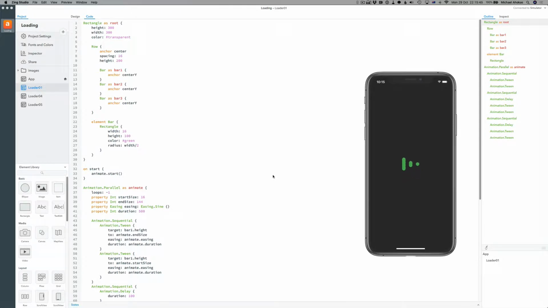So in the first video in this sequence on animating in Zing, I created this loading animation here with 3 bars that animate in this fashion. One of the techniques that I used was I created an internal element within this loader1 file. So I had a rectangle, and initially I repeated that rectangle 3 times, and I was like,